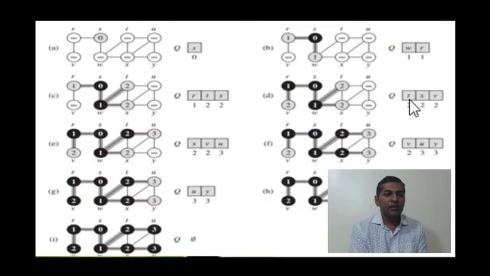The same thing happens for R: all the adjacent vertices are made gray, the distance is increased, and they are added into the queue. Since all the vertices of R are discovered, we make it black.